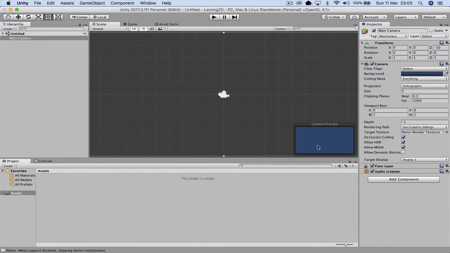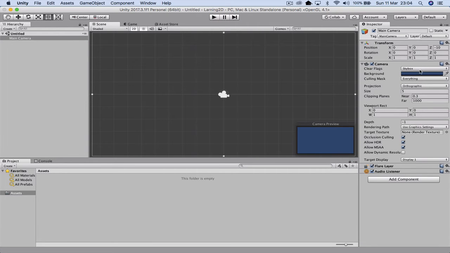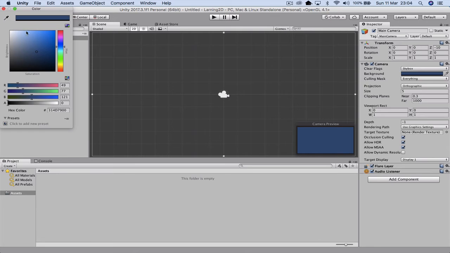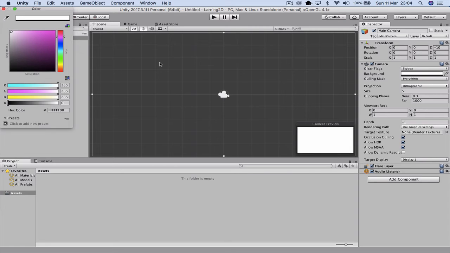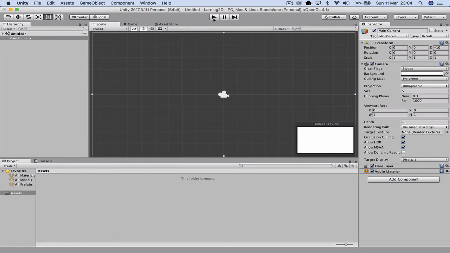Now at the moment we have a blue screen here. You notice I clicked on the camera before and this little camera preview popped up. And at the moment the screen's blue, but we can't see that at the moment. But if I push the playhead, this will actually run our game. And at the moment there is nothing except for a blue background. If we want to change that background, we need to click play again to stop it. If I come over to the blue area here and click on that, I can then select a different color. So I can go to a completely different color, or I can go out to white. So I'm just going to go out to white and click on play. And now I have a white work area. Now you must make sure that you stop the program to make changes,